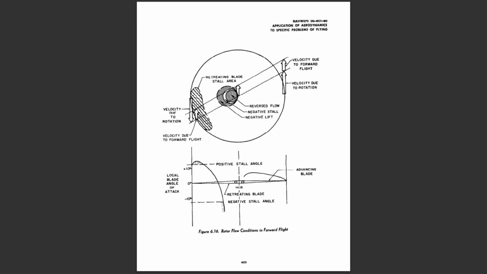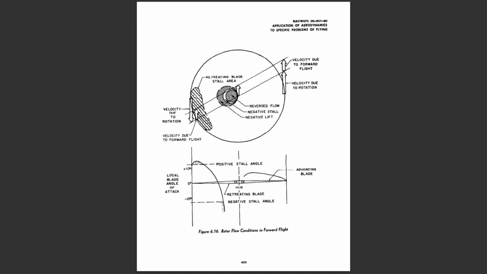If the blade pitch is increased, or the forward speed increased, the stalled portion of the rotor disc becomes larger with the stall progressing in toward the hub from the tip of the retreating blade. When approximately 15% of the rotor disc is stalled, control of the helicopter will be impossible. Flight tests have determined that control becomes marginal, and the stall is considered severe when the outer one-quarter of the